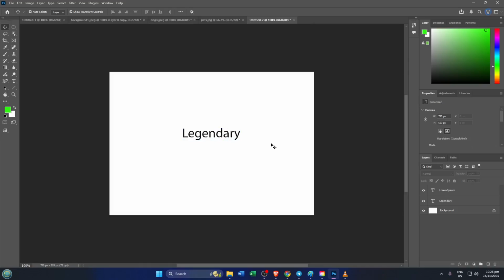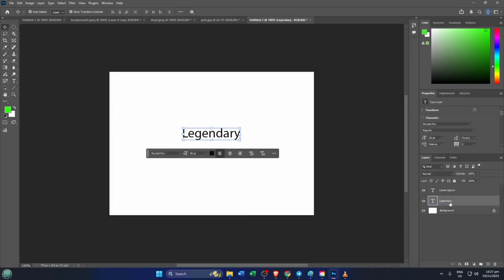Take a look at your Layers panel, which is usually on the right side of your screen. Text layers are usually labeled with a T icon, and the layer name will often give you a hint about what the text says. If you have a lot of layers, don't worry, just take your time and click through until you find the right one. Once you've found your text layer, select the Move tool. It looks like a simple cross with arrows on each end,